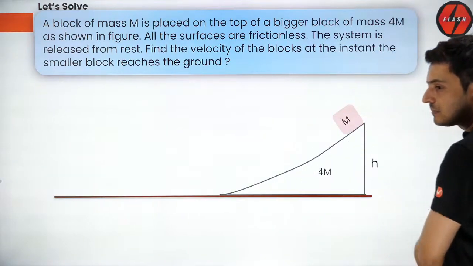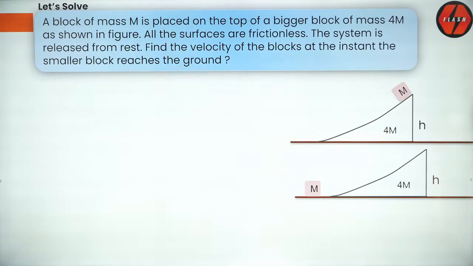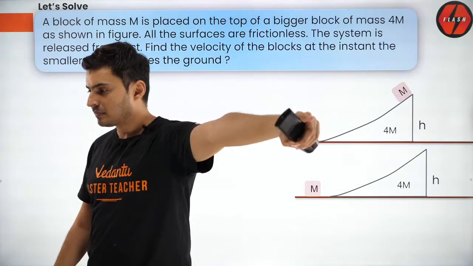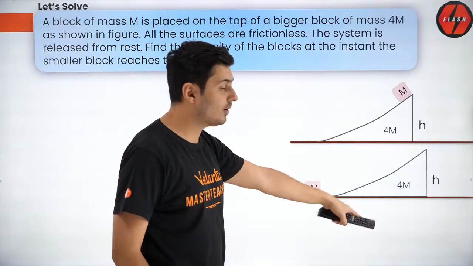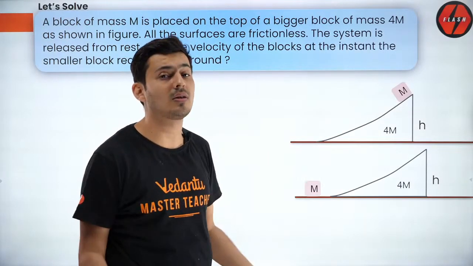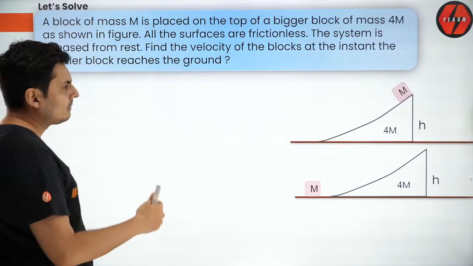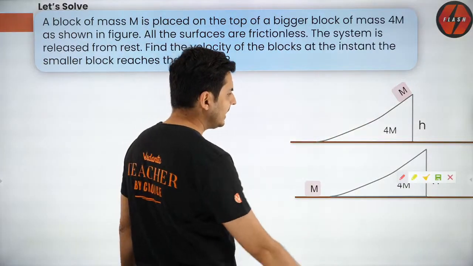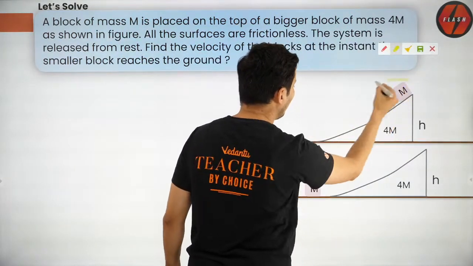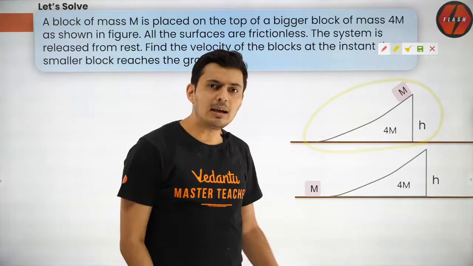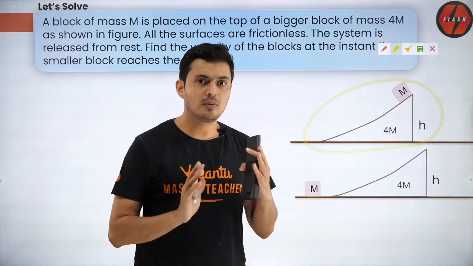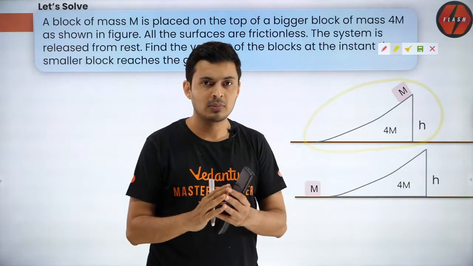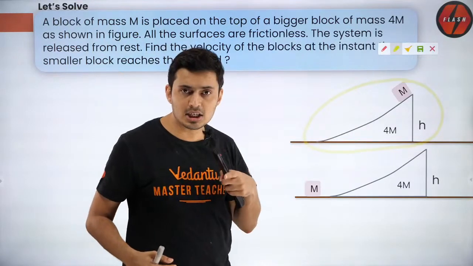Alright, so let's get going and let's see what happens. So these are the two situations. What was the trick I told? I told you always draw the initial and final situations. Only then you can solve the problem. Okay, now let's think about it. If I take both of them as the system, will I be interested in the velocities in the y direction, or do you think I'll be interested in the x direction? What do you suggest?